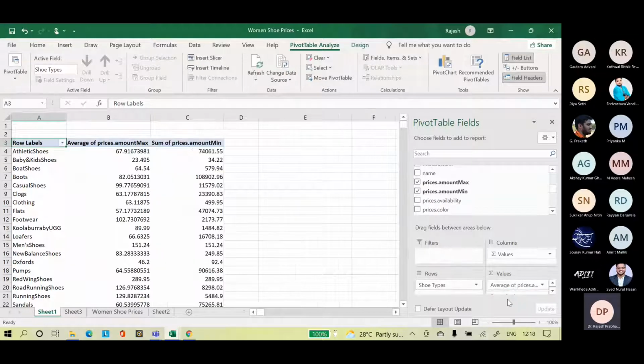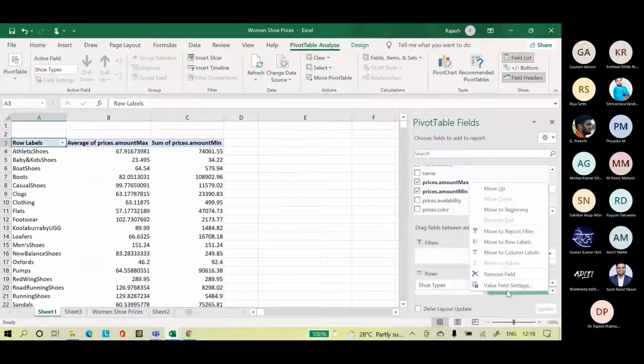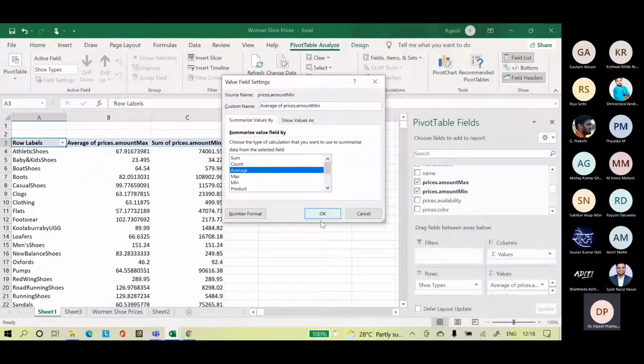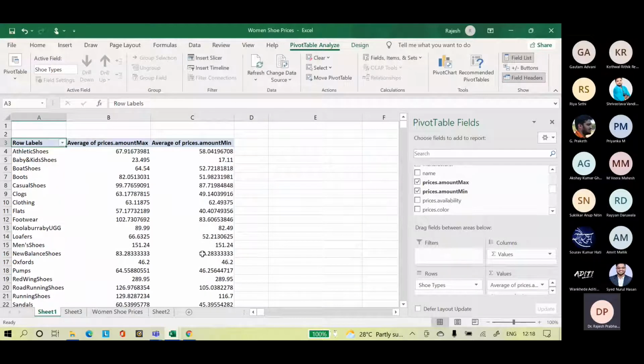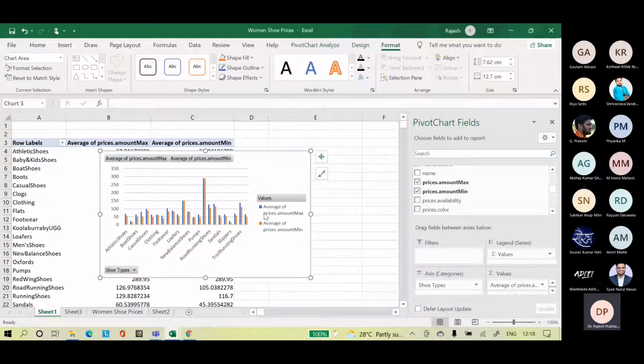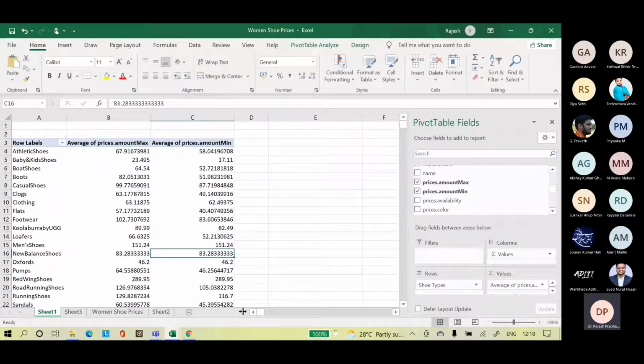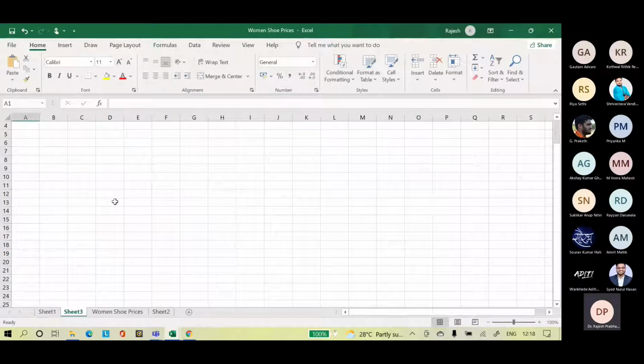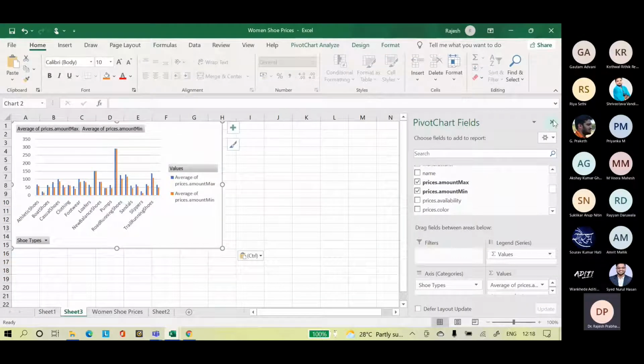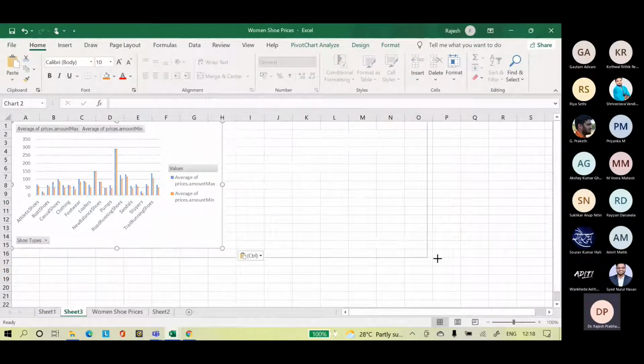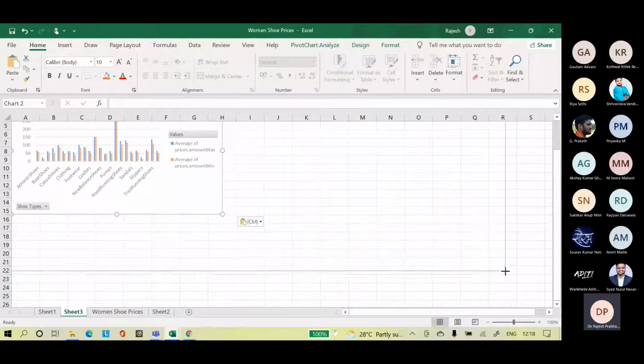Similarly min, value field settings to average. Got it. Now pivot chart, click OK. Control X, Control V, remove the field, and then let us see what we can integrate here.